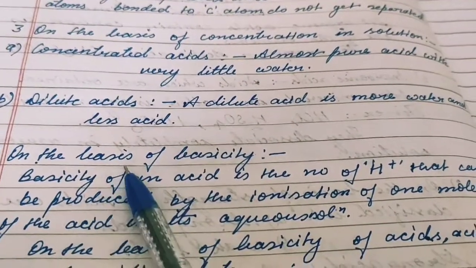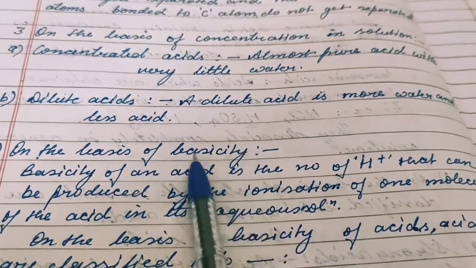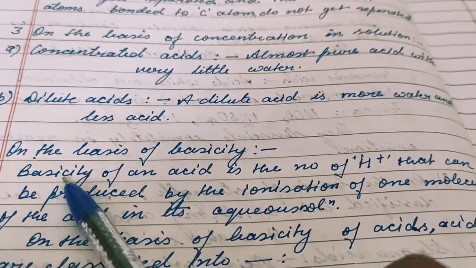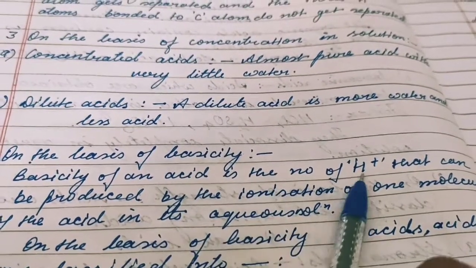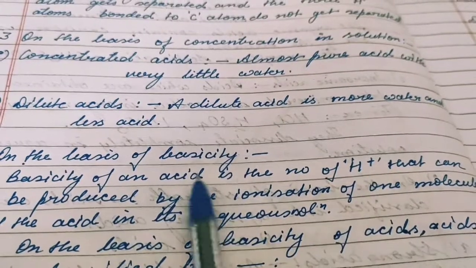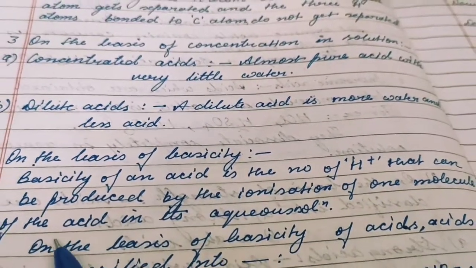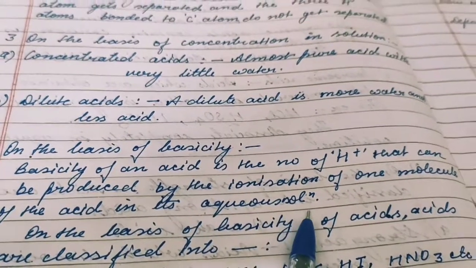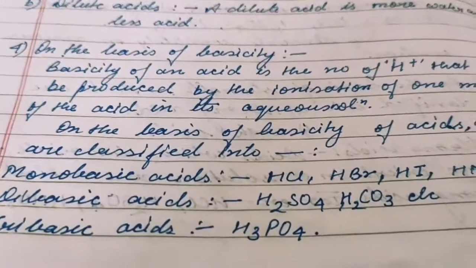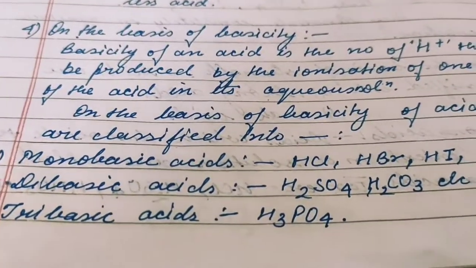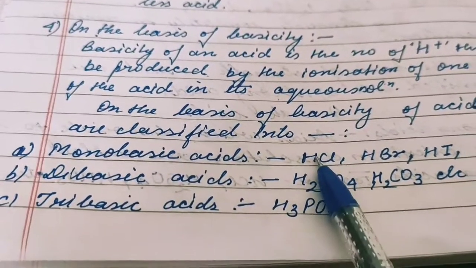Now next one, the classification of acid on the basis of basicity. Now basicity is a new term for you all. Students, actually basicity is what? The basicity of an acid is the number of hydrogen atoms, or you can say hydrogen ions, that can be produced by ionization of one molecule of acid in its aqueous solution. Means suppose HCl is there, and if it dissociates one hydrogen ion, then it is a monobasic acid. Okay, monobasic. Why? Because only one hydrogen ion is being dissociated from HCl,